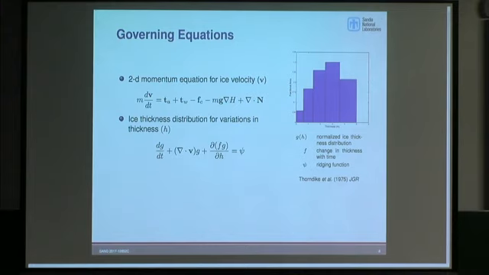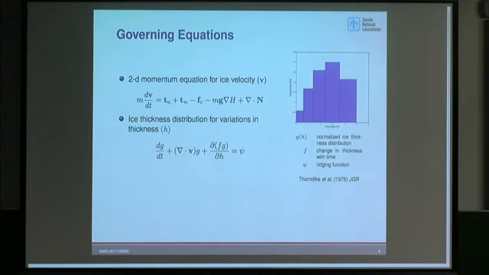The conservation of mass in these equations is usually handled through an ice thickness distribution. Many sea ice models use an ice thickness distribution. Essentially, you carry around in each grid cell a probability distribution of thicknesses for the ice, and that includes open water. There's a fraction of open water and a fraction of thicknesses of different bins when you discretize. You solve an advection equation for this thickness distribution, with a horizontal advection term and an advection in thickness space. And ridging comes in here.